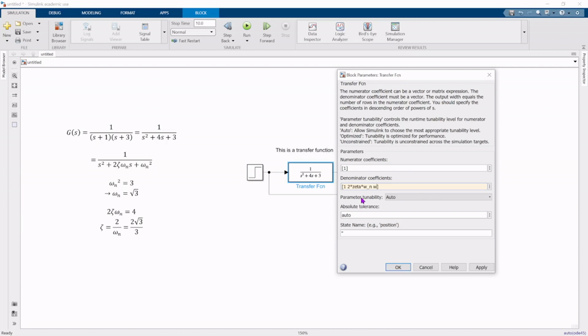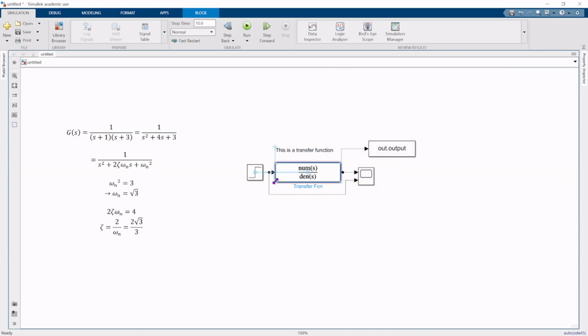So we'll type out w sub n to the power of 2. And so now for our coefficients, we have 1, and then 2 zeta omega n, and then omega n squared. So if we apply this,